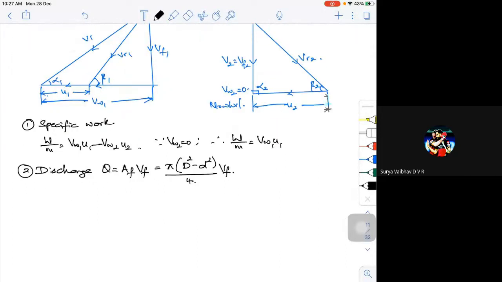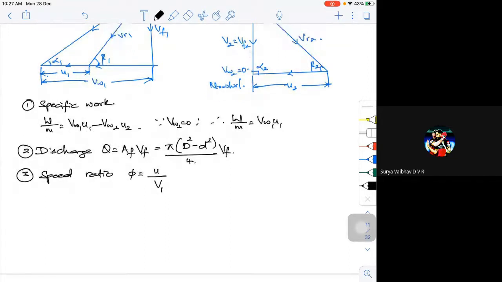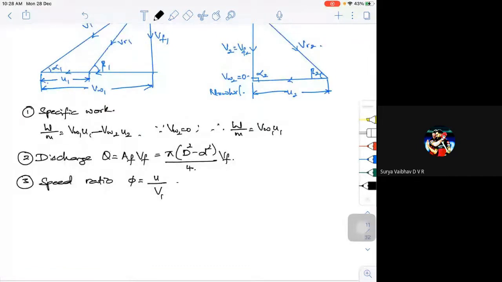Okay. The third one we need to look at is the speed ratio, which we have already discussed. What is it actually? It is the ratio of your blade speed to your fluid entry, that is your axial velocity or absolute velocity at the inlet. And we have to be very careful here to calculate the V1. Usually this value of phi for a Kaplan turbine varies, from some design data handbook, from 1.5 to roughly around 2.2. Yes, 1.5 to 2.2 is the value.